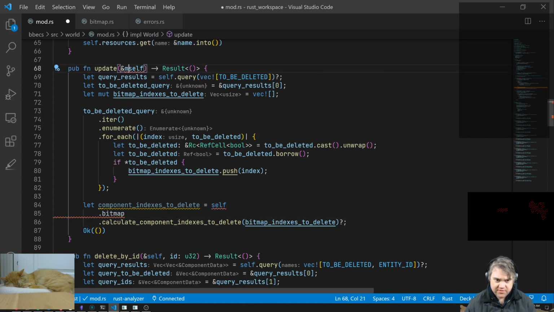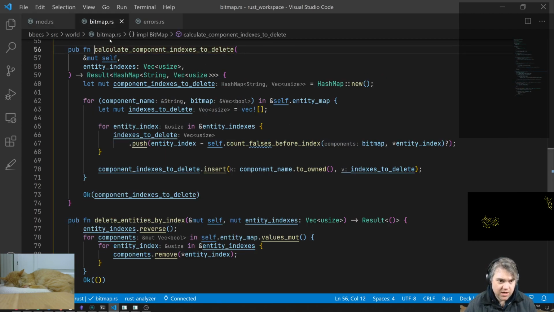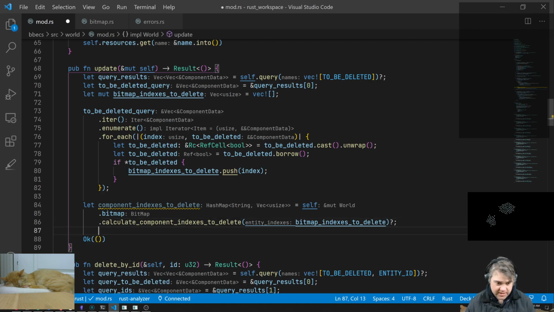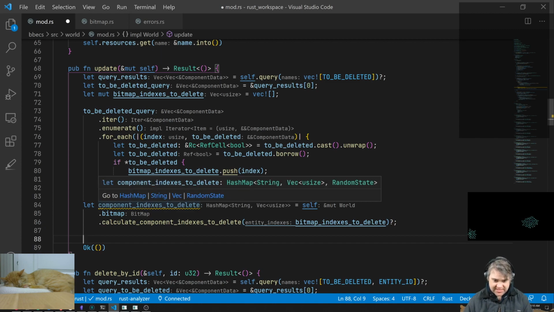Update, you're going to have to be a mutable self in here because we're mutating. That being said, you don't need to be mutable. We're not mutating anything in here. However, the very next one, we will be. So once we have the component indexes to delete, which gives us this hash map, sort of like the map of what to delete,